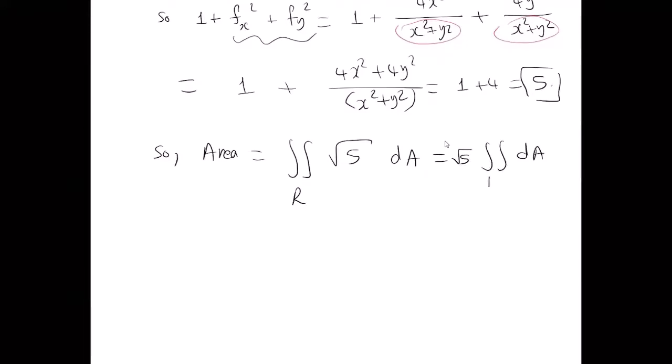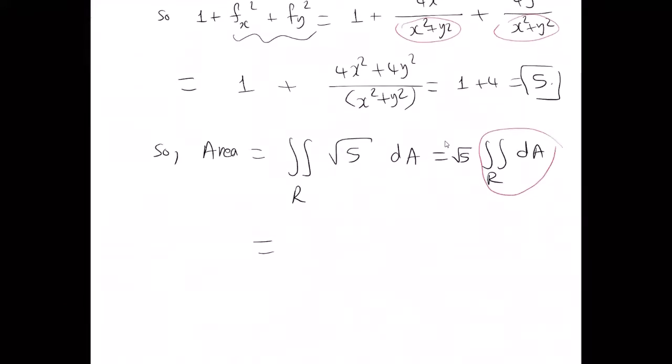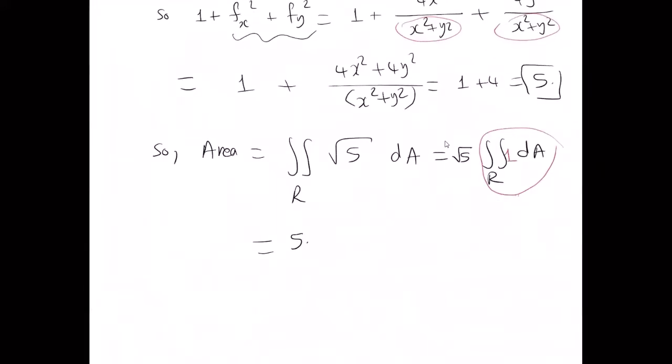What is this? What is this double integral? We don't need to find the equations of the lines or anything. This is the area of the triangle, isn't it? So this is 1 dA. 1 dA is the area. Area of what? If it is an area of a square or rectangle or circle, something I know the formula of, I can apply it directly. So times the area of the triangle,